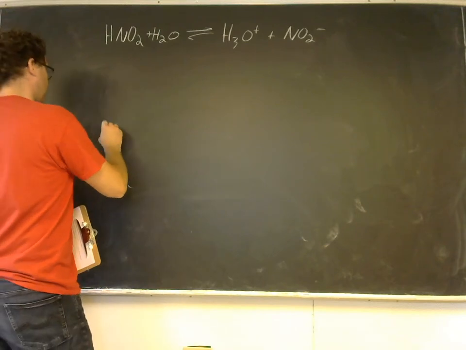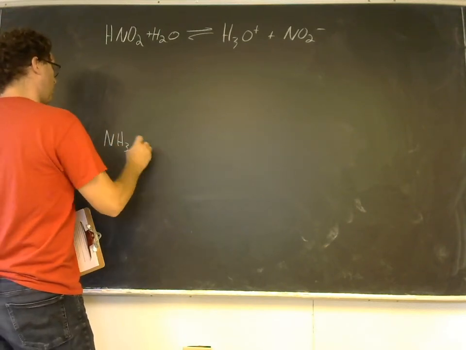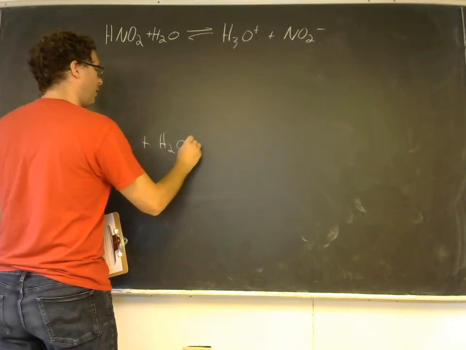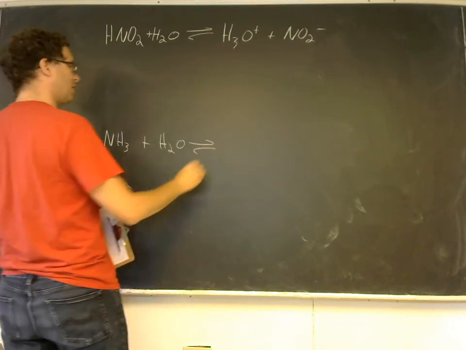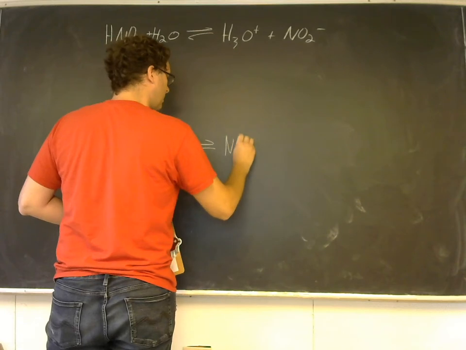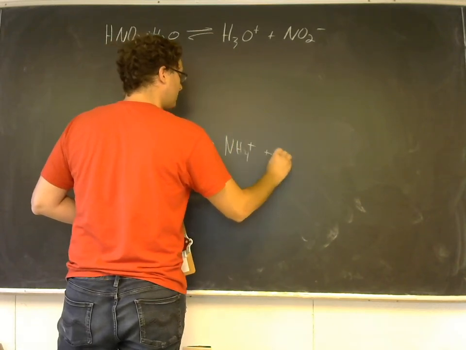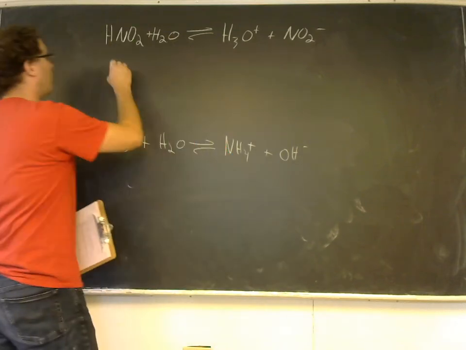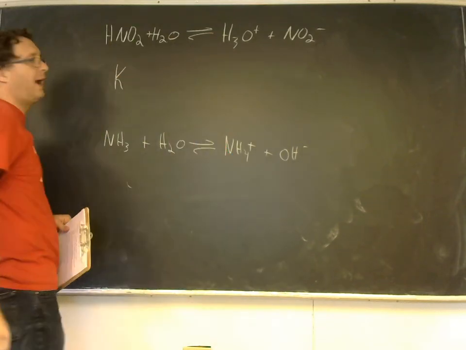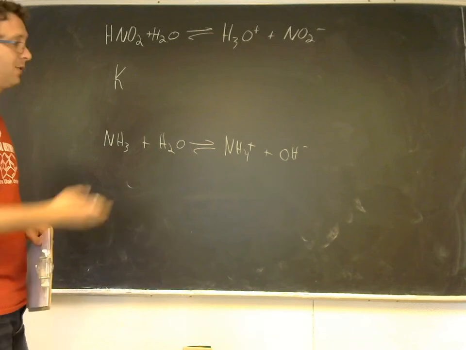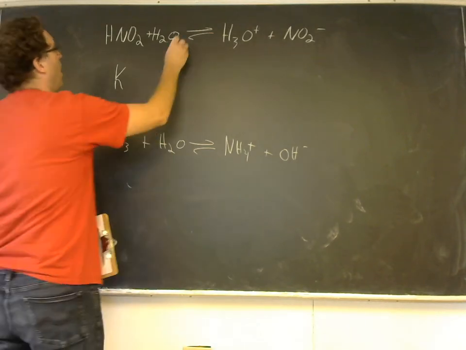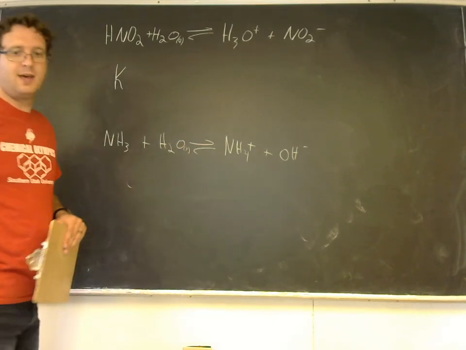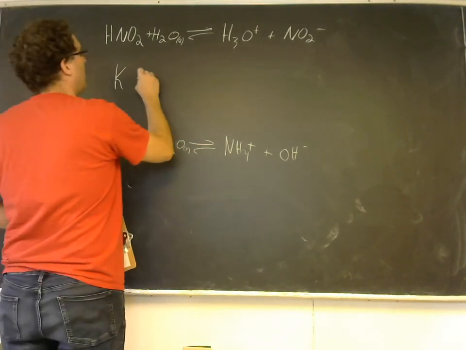And let's do the prototypical weak base reaction, ammonia with water. That will also reach equilibrium, giving us NH4+ plus OH-. Now we can write equilibrium expressions for these types of reactions. Water is liquid, and so it will not be present in these equilibrium expressions. And here we end up with